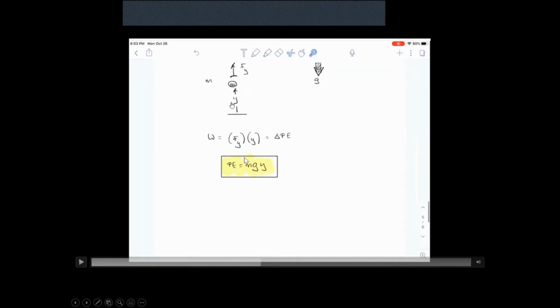A couple of things to look at. Potential energy is the stored energy. It depends on the height. You store energy by doing work on the object. That's not good enough, because if I describe it like that, that's an incomplete statement. I'm doing work on this object by lifting it up. I'm doing work against gravity by lifting it up, because gravity is going to keep pulling it in the downward direction. In essence, what I'm doing is taking the weight of this object, which is mg,